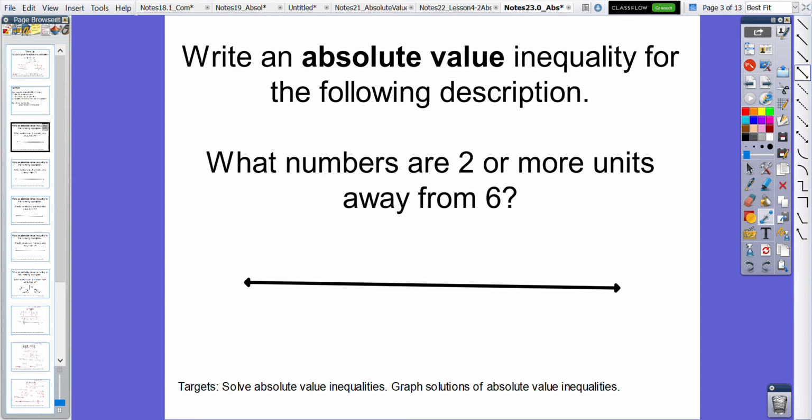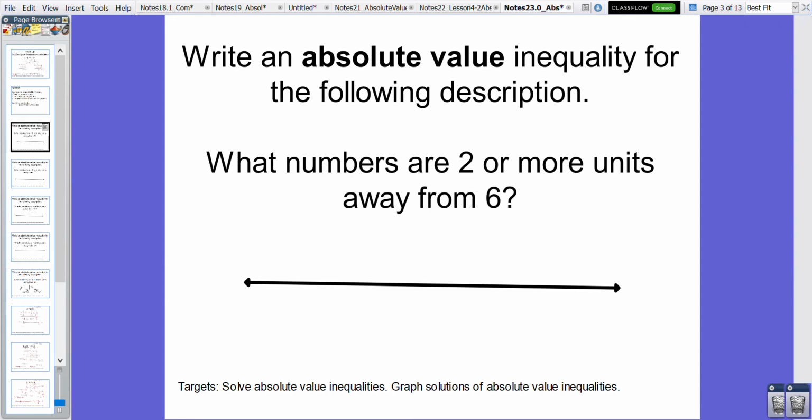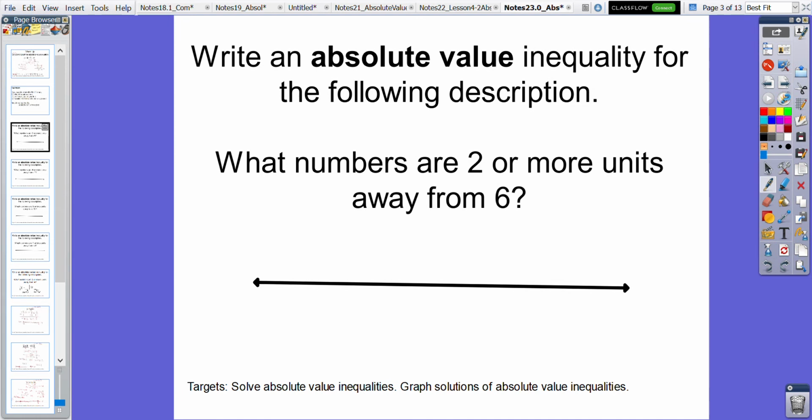6? And what we want to do is focus on what our center point is here. Okay, so in this case that's going to be 6. We're going to go ahead and put 6 in the middle of a number line here. And then we're going to take a look at what numbers are just 2 units away. So in this case, to the right would be 7 and 8, and then to the left would be 5 and 4. Okay, so in order to graph this, we want to take a look at how we would represent